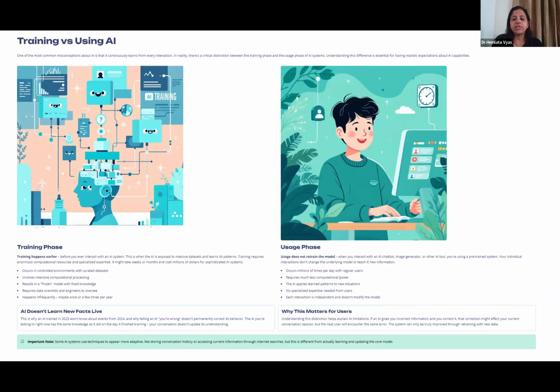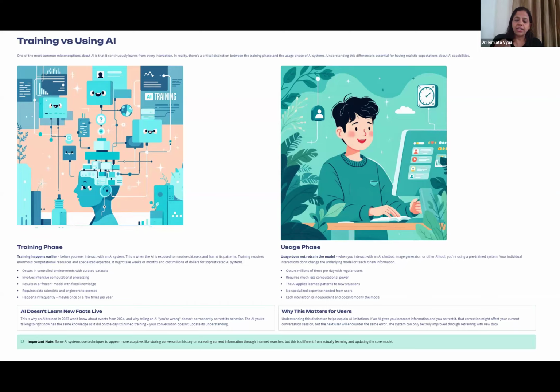So what happens in the training phase? Training is always happening in a controlled environment. We are giving the data, it is making the correlations and bringing out the results. Then we train on further data sets, a feedback loop is there, and again that refinement keeps happening. So the AI training phase and the data set would always be prior dated.